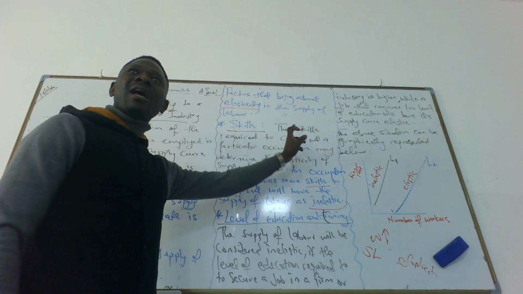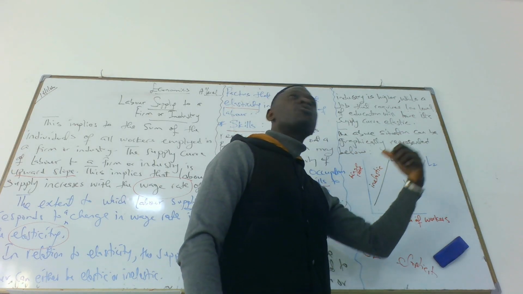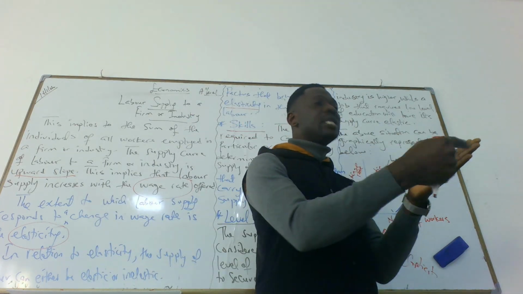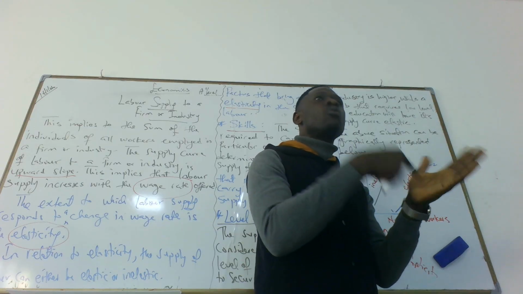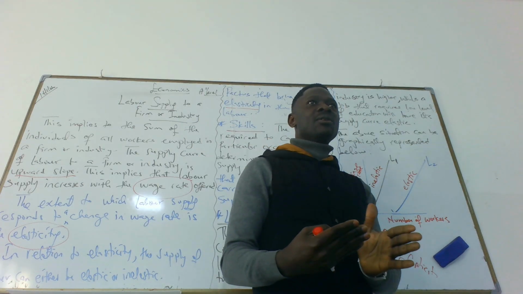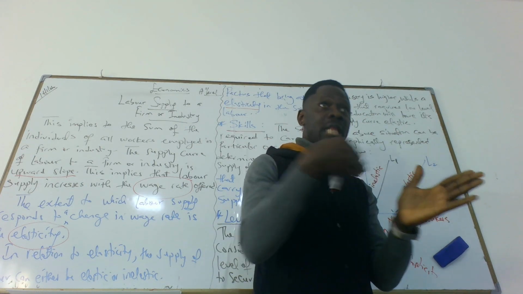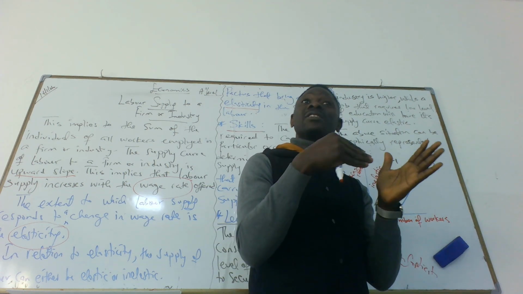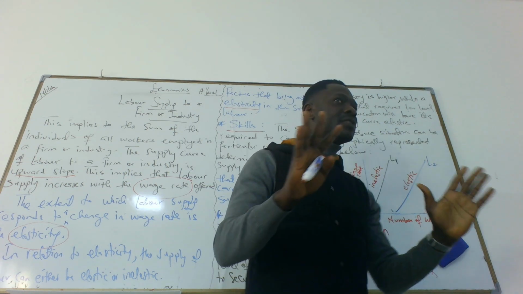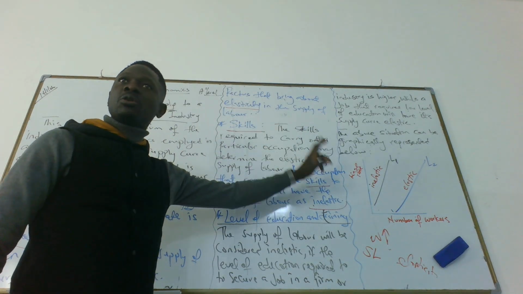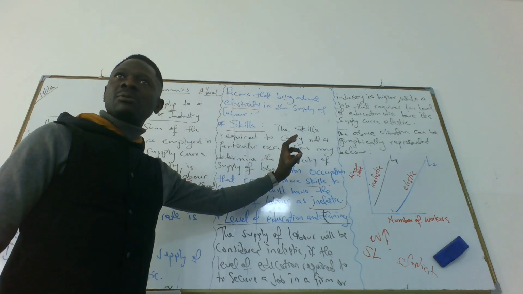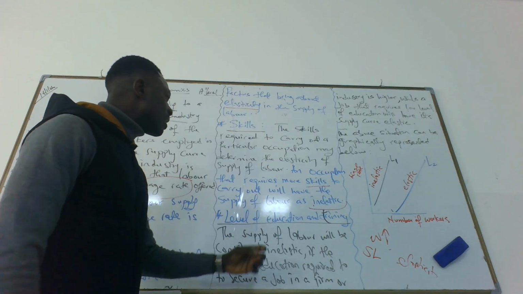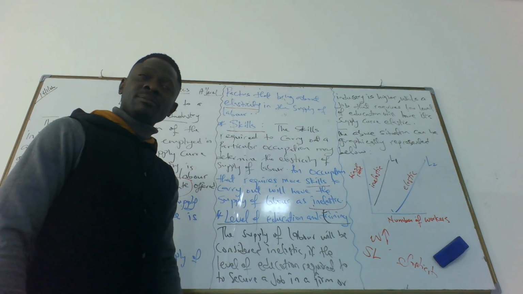So for skills, how do you add more skills? You could add more skills through education and training, because training brings about the ability to learn what you don't know. So it increases your level, your knowledge, your know-how. But if what is required, you don't have it, you still can't have a job. That's about skills. But the solution for skills, how to solve skills, is about you making yourself available for education and training. Then the next one is the level of education and training.